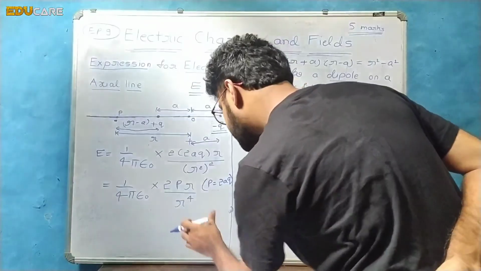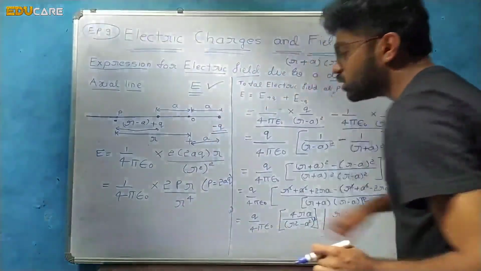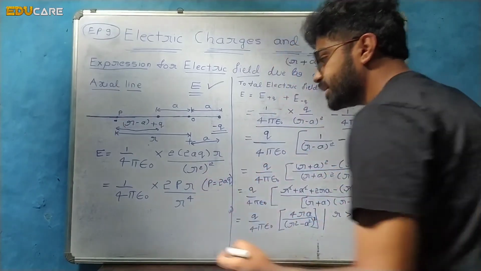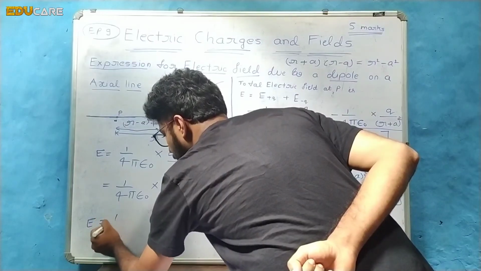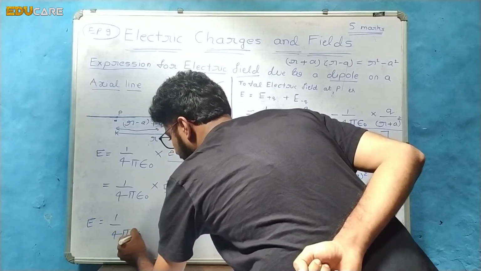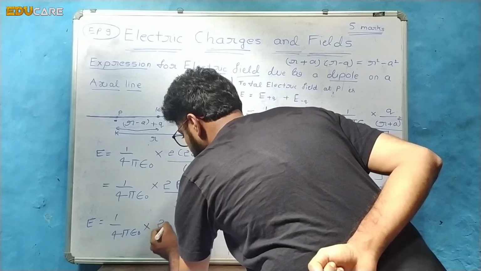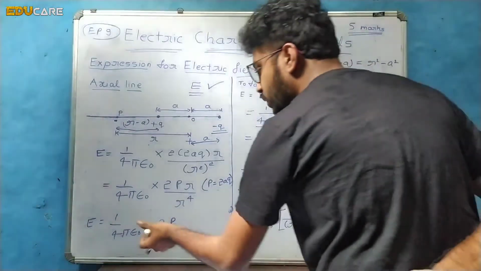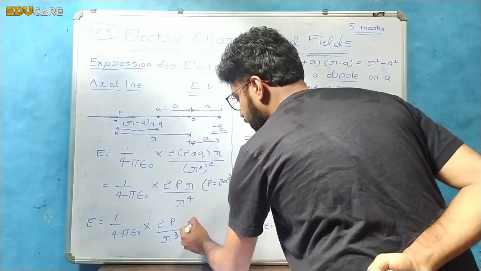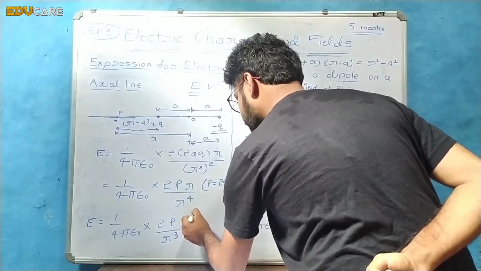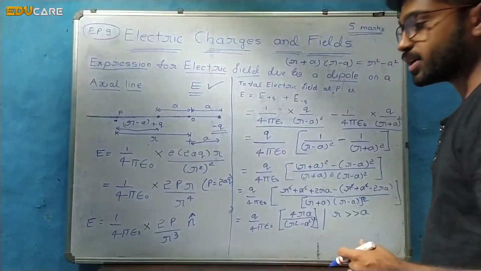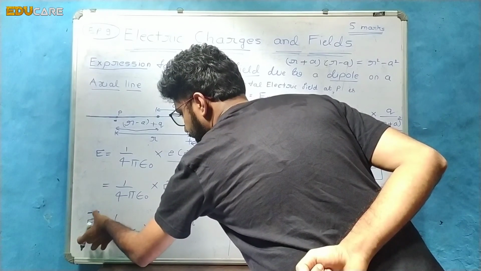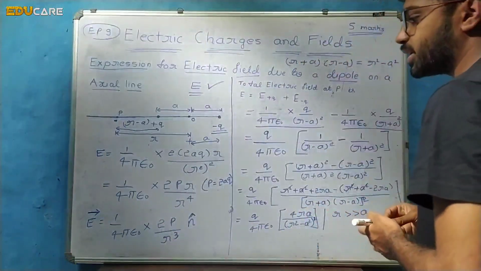Now the next step is, there is an R in the numerator, and R to the 4 in the denominator. So one R cancels. So E is equal to 1/4 pi epsilon naught into 2p divided by r⁵. And in order to express it in a vectorial form, we have to write a unit vector n cap which is in the direction of electric field, and we have to put an arrow symbol on the electric field. Okay, I think it is understood.